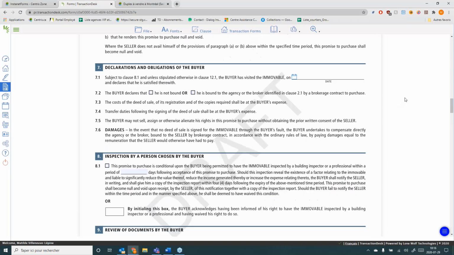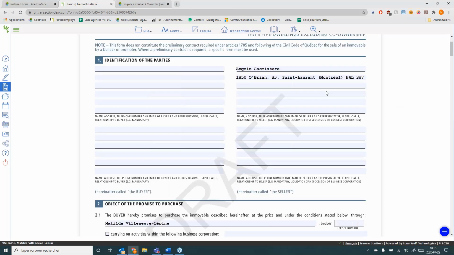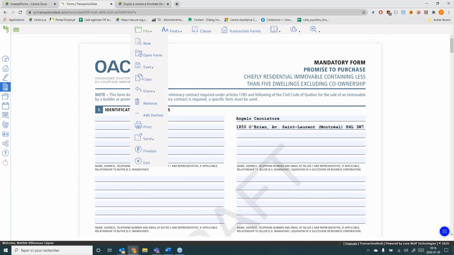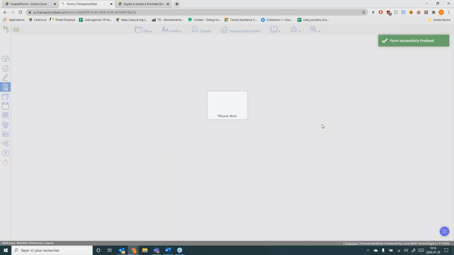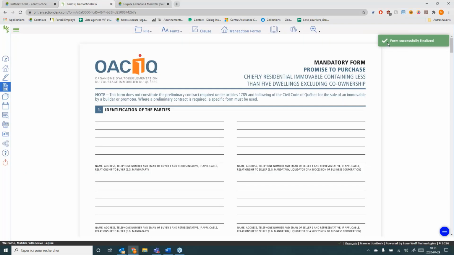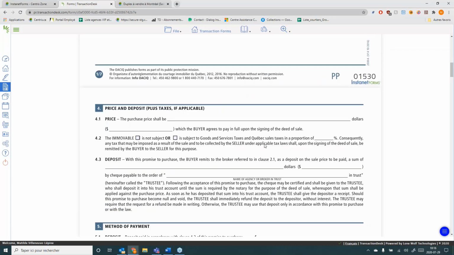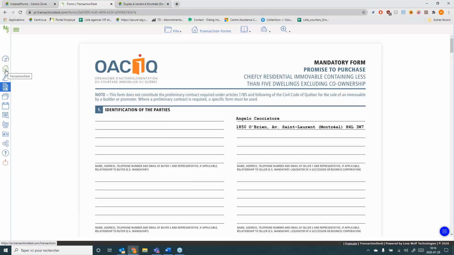So let's say that my form is done. Okay, I think I showed you guys everything that you can do. So what you need to do when it's done, you need to click on Finalize. And see here, it tells me my form is successfully finalized. So we don't have the draft anymore. Okay. So if I go back, I just want to show you, if I go back into my transaction that we've created today, okay, so here,